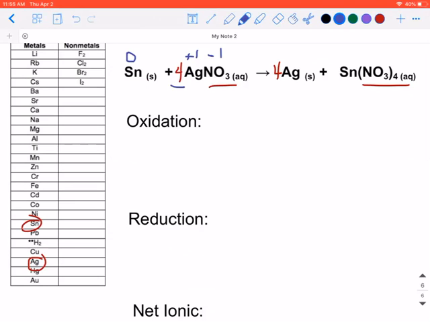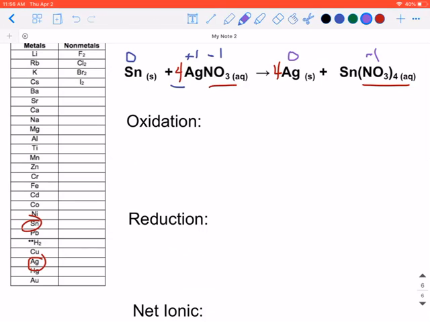So I have my reactant side done in terms of determining the charge. Now let me determine the charges of my other chemical species on the other side. Silver is all alone, not bonded to anything, so that's going to have a charge of 0. Tin, again, D block transition metal, so I have to look at the charge of nitrate. Nitrate has a -1 charge,